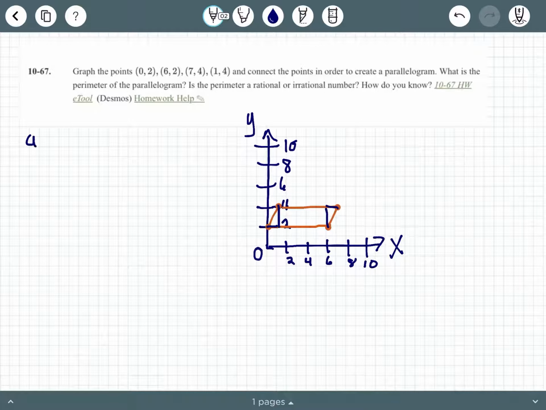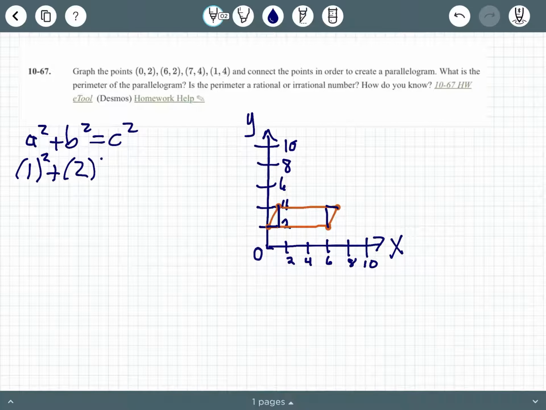The Pythagorean theorem, again, is a squared plus b squared equals c squared. Now, they give us a and b. We know the legs of the triangle. However, we do not know the diagonal or the hypotenuse. And the lengths are 1 and 2. So we're going to do 1 squared plus 2 squared equals c squared. And again,